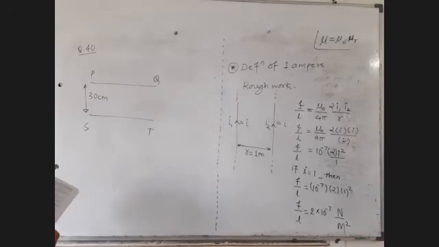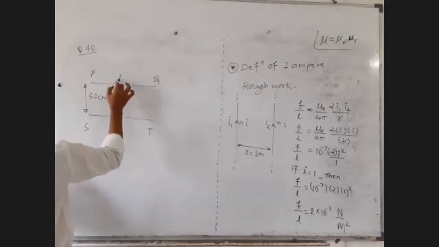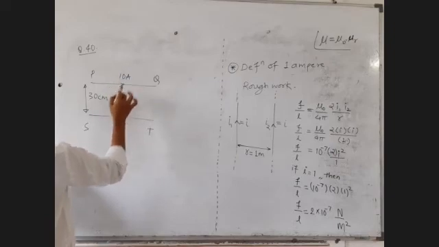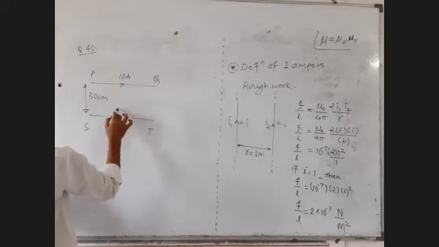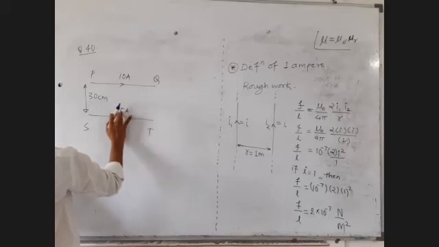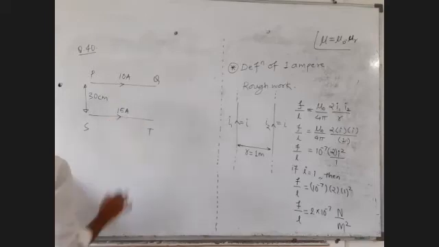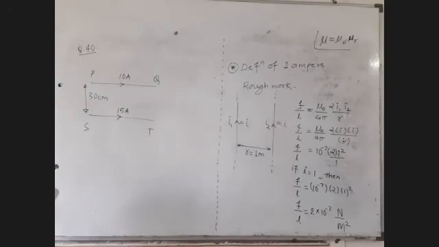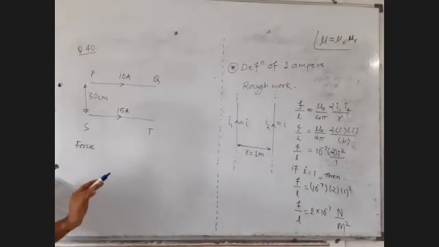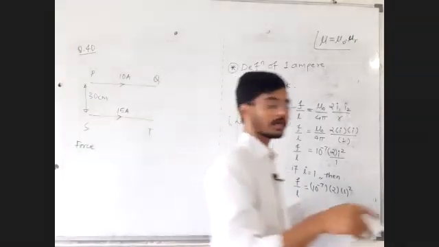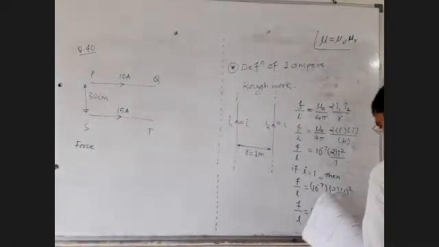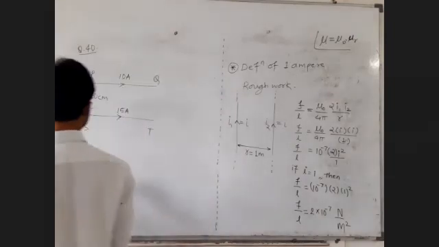The currents flowing in the wires are, according to the figure, 10 ampere and 15 ampere, like currents. Both the currents are rightwards, so they are like currents. The force acting over the length of 5 meter of the wires is. They have not asked for force per unit length. They have asked for force on a given length, the force acting over the length of 5 meter.